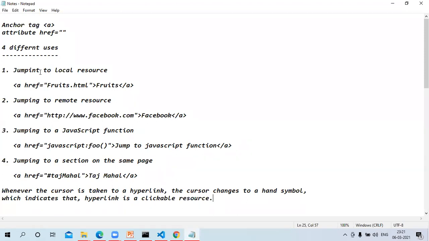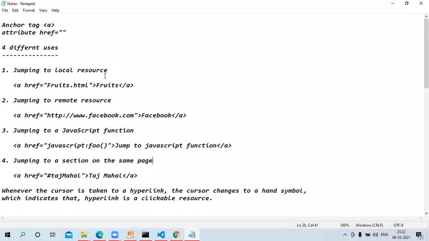The first one is jumping to a local resource. Second, jumping to a remote resource. Next, jumping to a JavaScript function. And next, jumping to a section on the same page. So these are the four different ways of using the anchor tag.